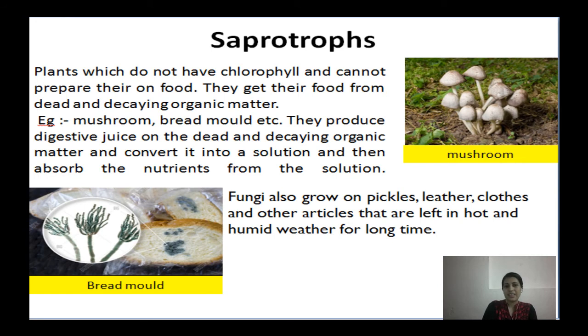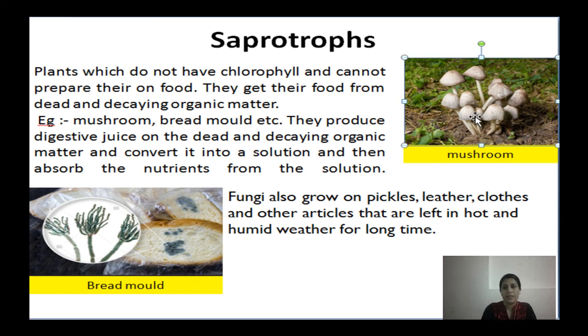Then next type is saprotrophs. So you might have seen the packets of mushrooms sold in the vegetable market. You may have also seen this fluffy umbrella. In the figure, fluffy umbrella-like patches growing on rotting wood during the rainy season or near the ground also. So let us find out what type of nutrition they need, how they survive, and how they get their nutrition.